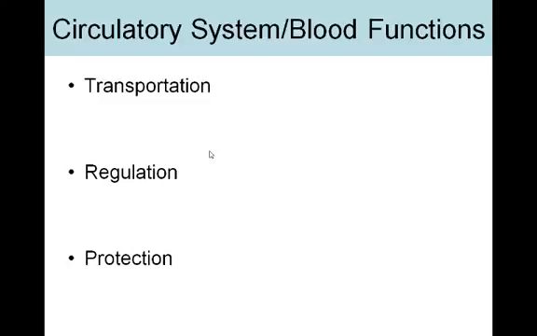Blood also helps to regulate your body temperature. By controlling where your blood is flowing, we can help to regulate body temperature. For instance, when we become very warm, like maybe if we're exercising or something, the blood vessels in our skin tend to dilate so that our very warm blood can come closer to the outside of the body, and then the heat can more easily dissipate from the body. And the opposite happens when we become cold. When we're cold, our blood vessels tend to constrict, going closer to the center of our body in order to hold our nice warm blood towards the center so we don't lose any heat to the outside environment.